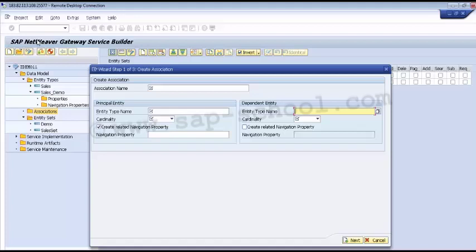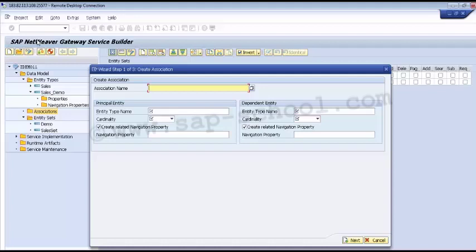Under the dependent entity type, when we select the navigation property, the name is proposed based on the specified cardinality. Then if we select this option of create related navigation property, we get this enabled. So if we set a navigation property name for the specified entity type, the name is proposed based on the cardinality of the entity. If the navigation property is created under the dependent entity, it sets a navigation link from the dependent entity type to my principal entity type. So once done, we can click on next to define the referential constraints.